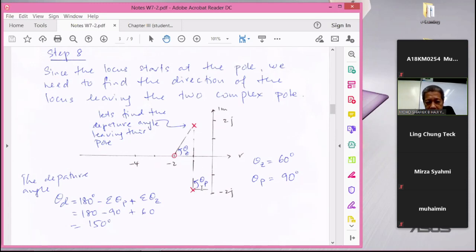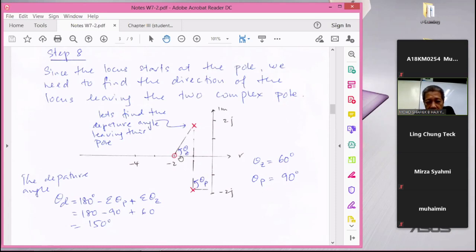So this is theta p1, the angle from the other pole to the pole that we want to find the departure angle of. We only have one theta p here, since we only have one other pole. So that angle is 90